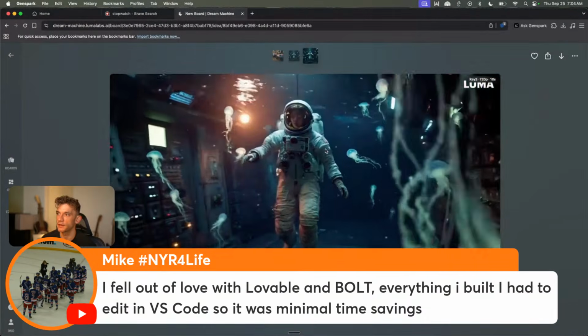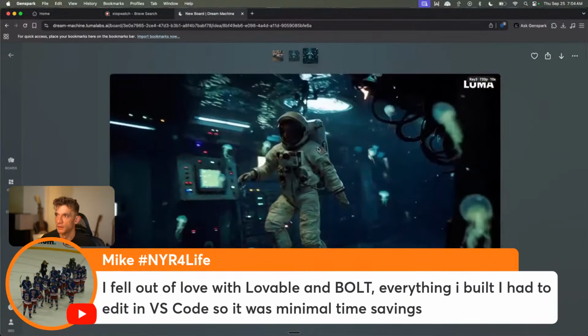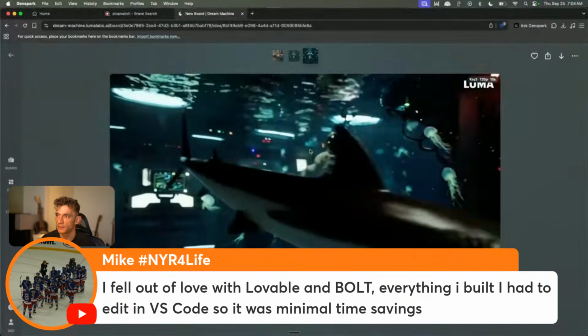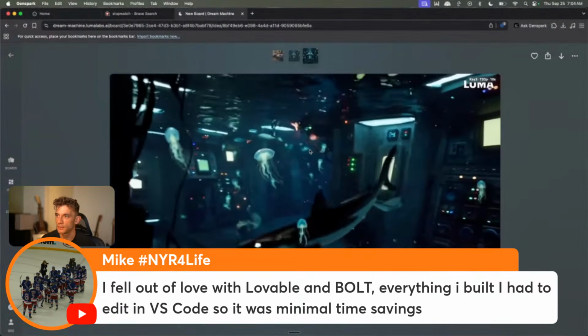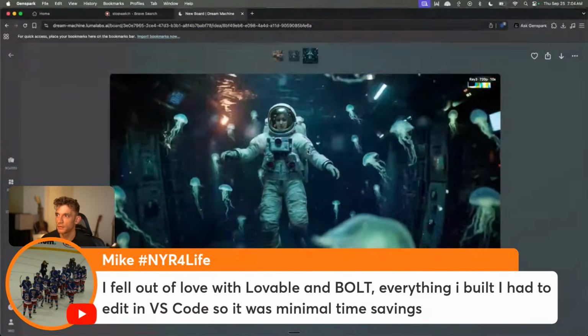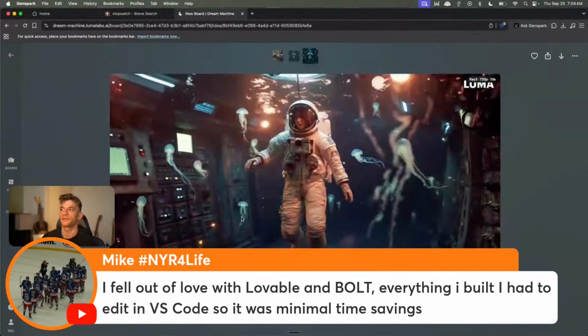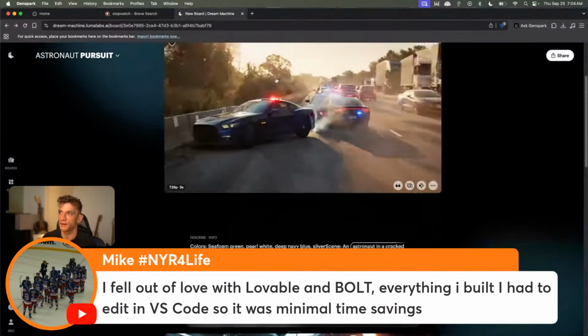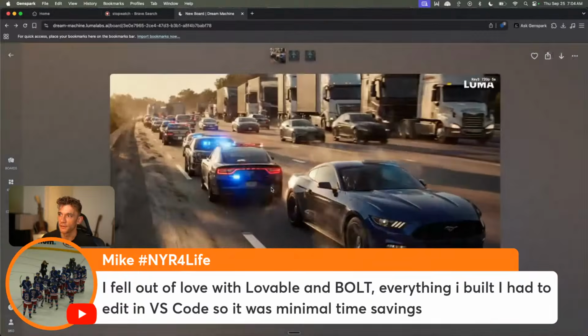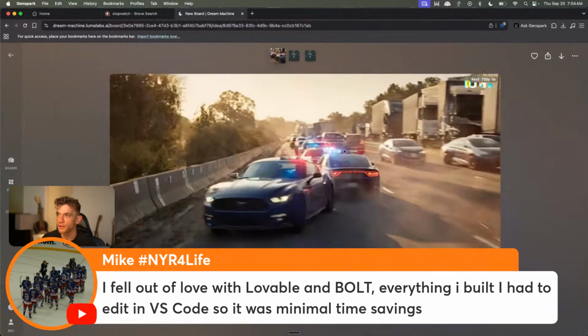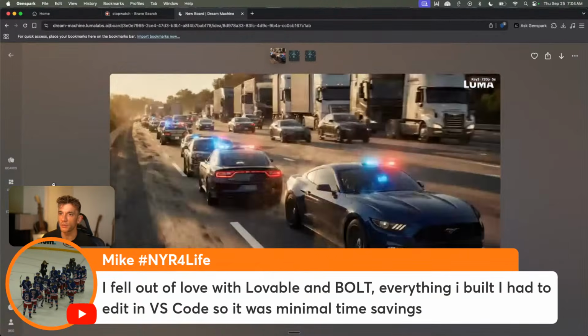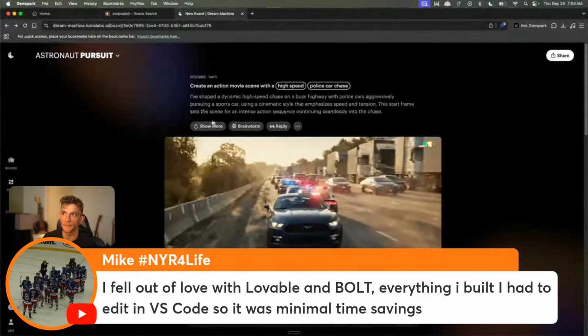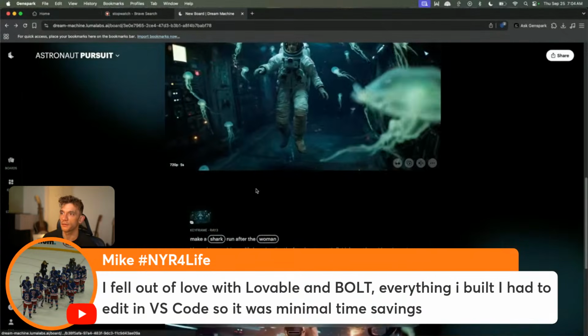Let's have a look at this. Is it any good? But it doesn't make sense. Kind of like the police car chase one, right? There's not much sense there. I guess that's probably what the reasoning model is for, to be fair. Let's try that.